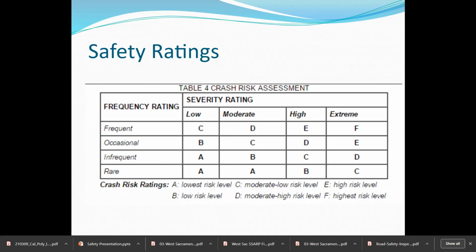But you could think about this. Looking at frequency and severity is generally a good idea. So this A, B, C, D rating is not necessarily what you go after, right? Because as I've said before in the class, I'm not a huge fan of grading per se, and grades are not the most important thing for me. But what is most important for me is thinking about conflicts or potential crash risk in terms of